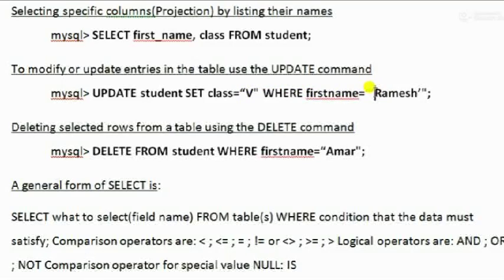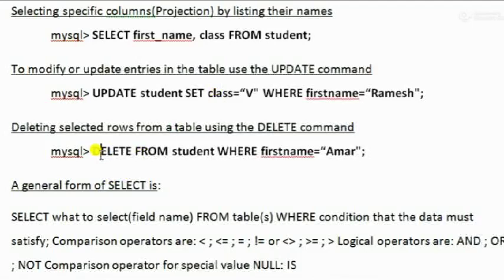Okay, first name is equal to Ramesh. So whose name is Ramesh, his class will be 5, not the others. If multiple Ramesh are there as first name, all those records will be replaced by 5 in class field. Clear? Okay. Then to remove